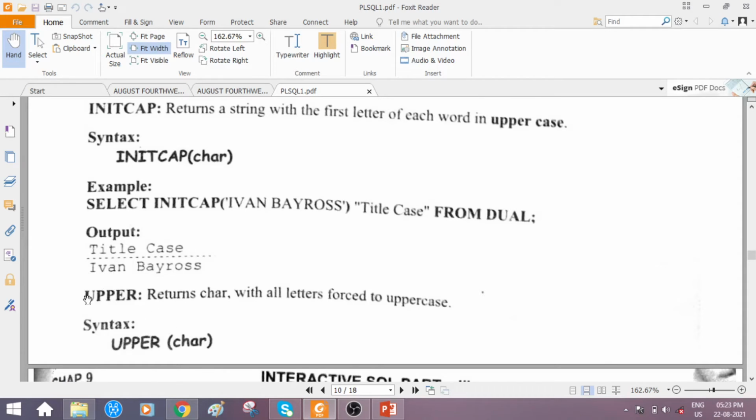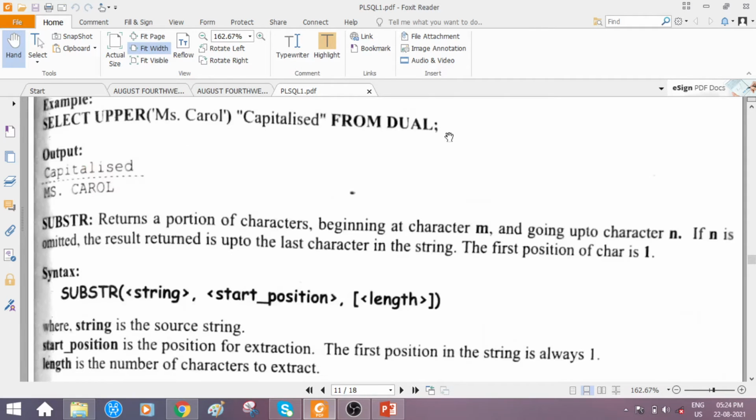Fine. Then, as we discussed the lower function, the other one is the upper string function. It returns characters with all letters converted to uppercase. The syntax is upper followed by the character, so here also we should provide the character data as an input.